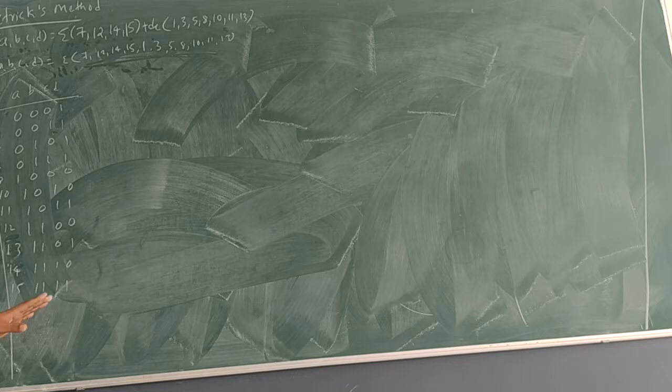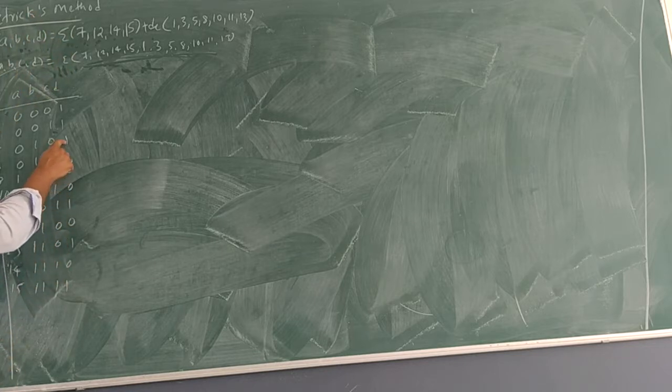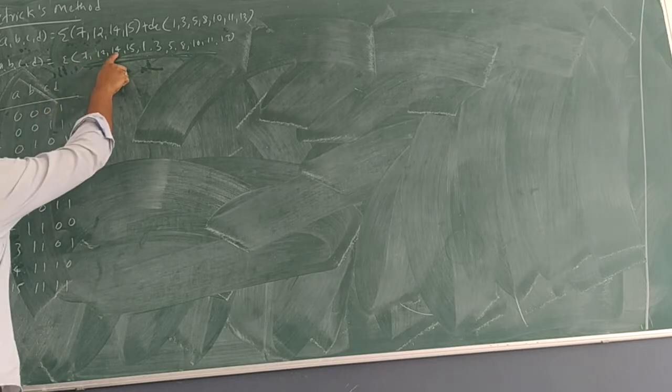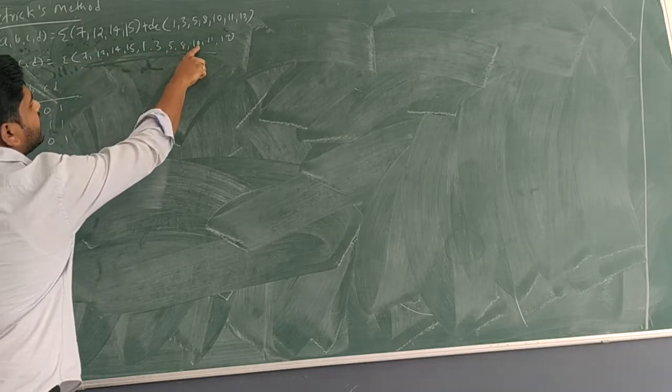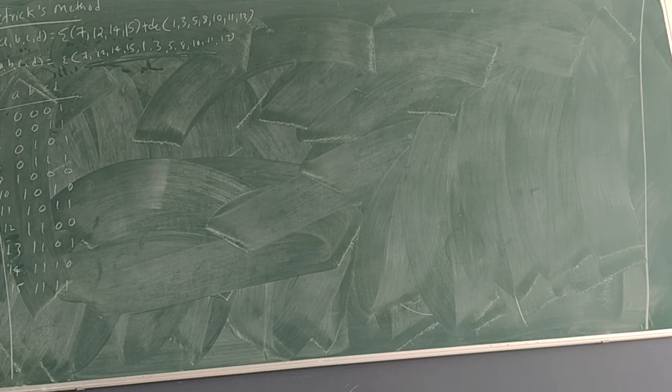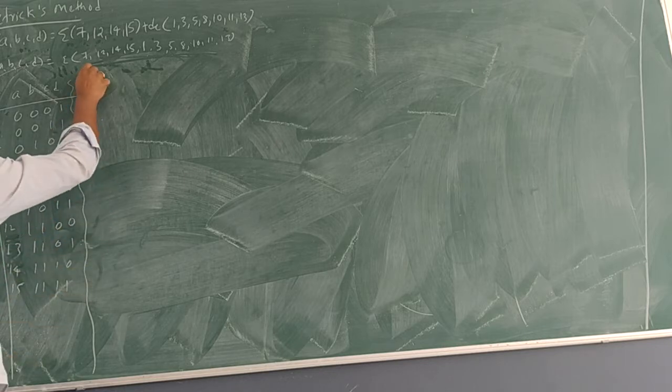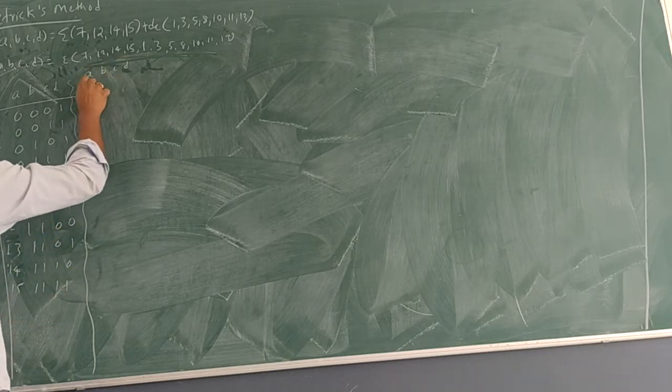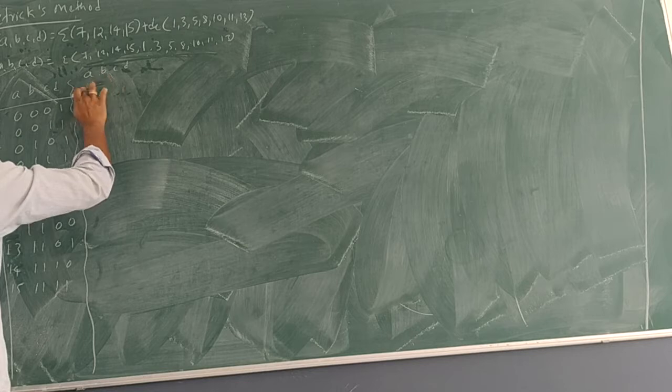Just for verification, let's count number of variables given here and there so that we will not do any mistake. 1, 2, 3, 4, 5, 6, 7, 8, 9, 10, 11. 1, 2, 3, 4, 5, 6, 7, 8, 9, 10, 11. All symbols are correct. Just verification. Okay, now let's continue with the comparison. Here I will write A, B, C, D, 0, 1, 2, 4 and 8.